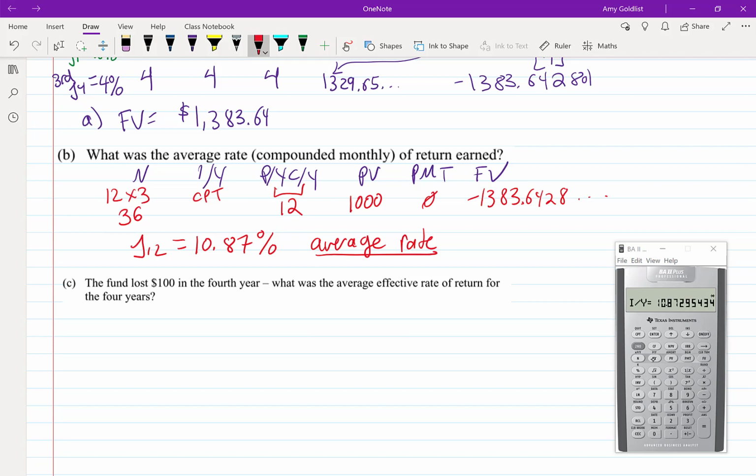Okay, let's do one more part. Part C. The fund lost $100 in its 4th year. What was the average effective rate of return for the 4 years? So what we're going to do is look at just that 4th year. I don't need to use my TVM buttons. We lost $100. So we started with $1,383.64, and we lost 100. So we end up with